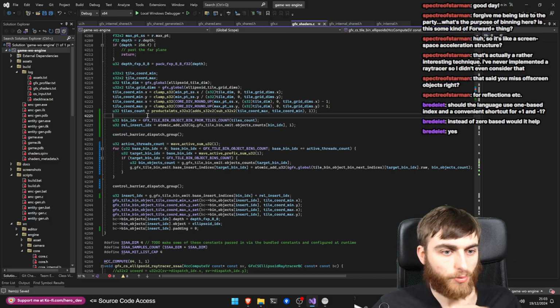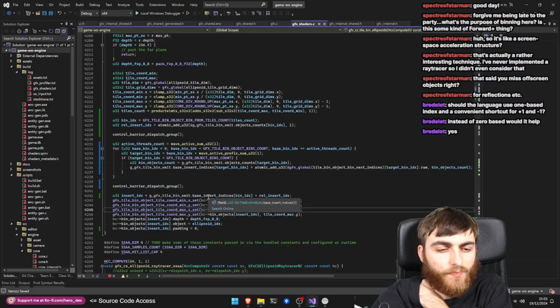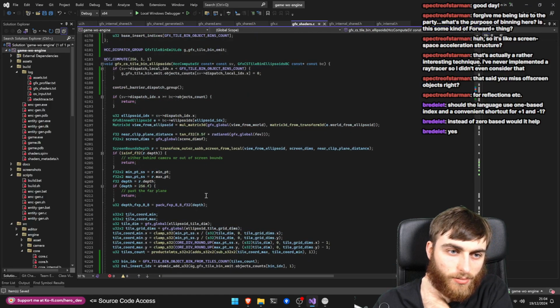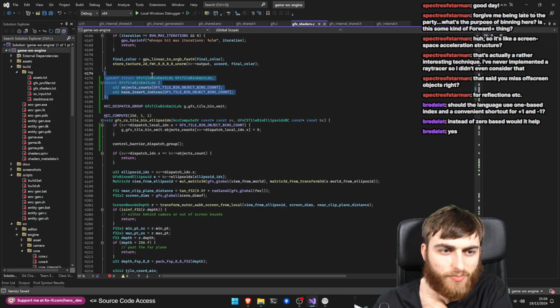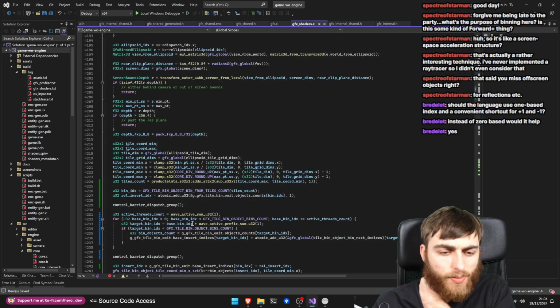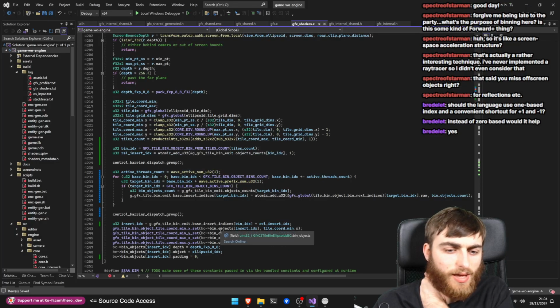Right. This is the code I want to generalize. Something like this. It does some. I need to go over it again. Double check. But basically, we've got some sort of LDS memory. Yeah, so I think the main problem is I want to make sure that I'm not saying every thread atomically adds